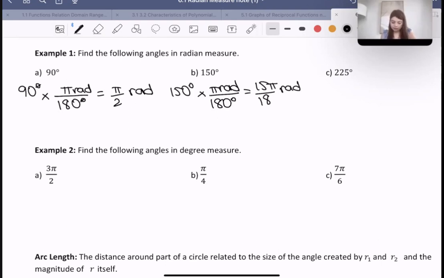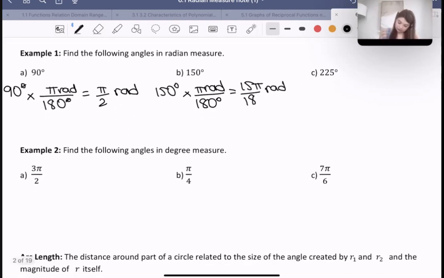All right, what about 225 degrees to radians? Well, 225 times 1 essentially, right, times pi radians over 180 degrees is equal to, well, let's see, what's 225 divided by 180? Well, if we divide that out, we're going to get 5 over 4